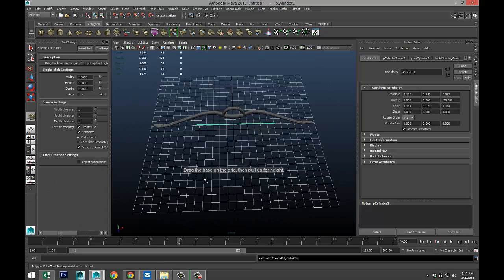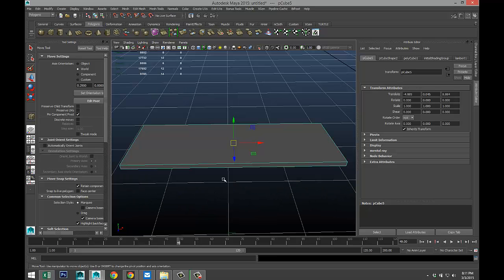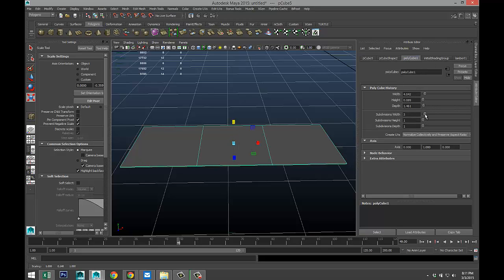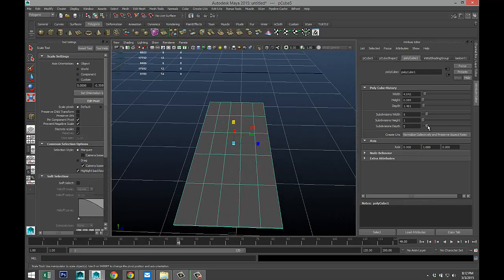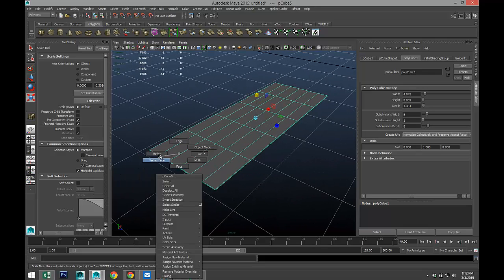All right. We're going to take a polygon cube. Let's pull that out as a rectangle. F to zoom in. R to scale down. Make it nice and thin. And we are going to add some subdivision. Let's do, yeah, we'll do a few in this direction. Let's do 5. That's not necessary. And we'll do 5 there. All right. Let's do 6 there. There we go. Okay.